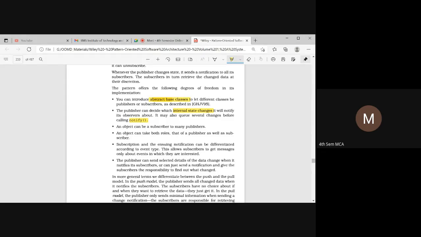Say for example, the object is X and the publishers are A, B and C. So this object X can be a subscriber to publisher A, publisher B, and publisher C. Say for example, if I am a subscriber, and I have been recognized as an object, now I want to read different magazines.